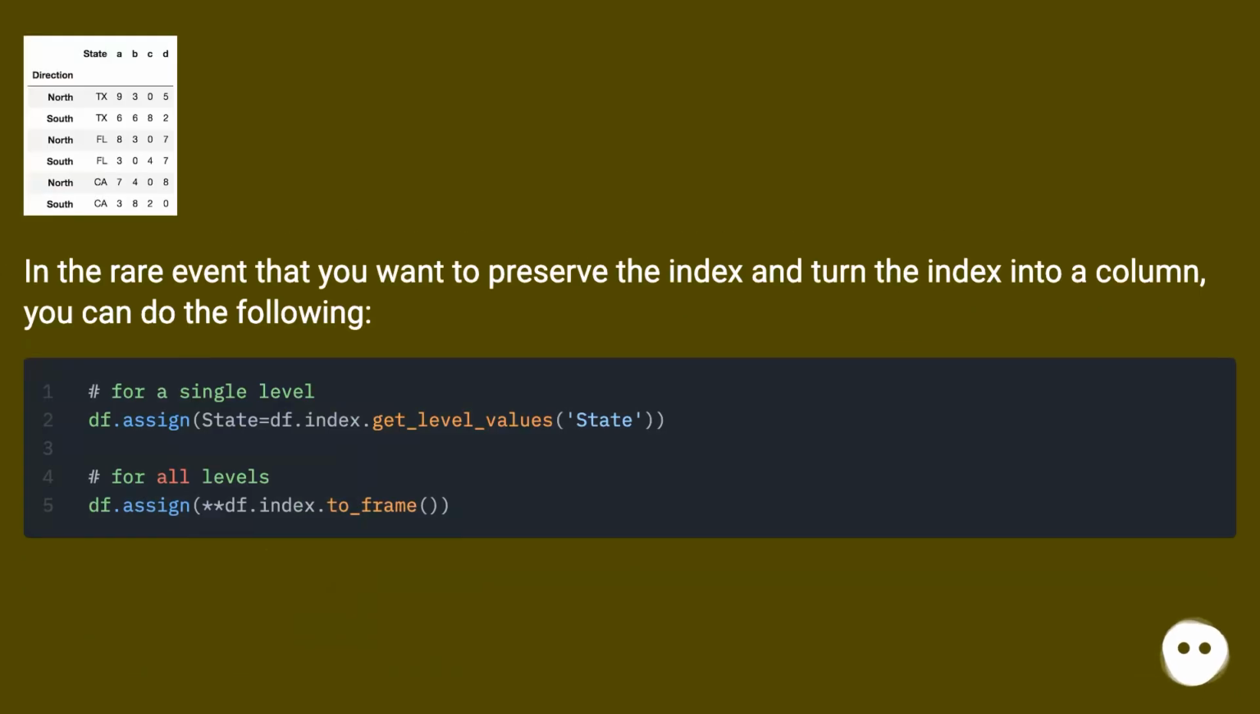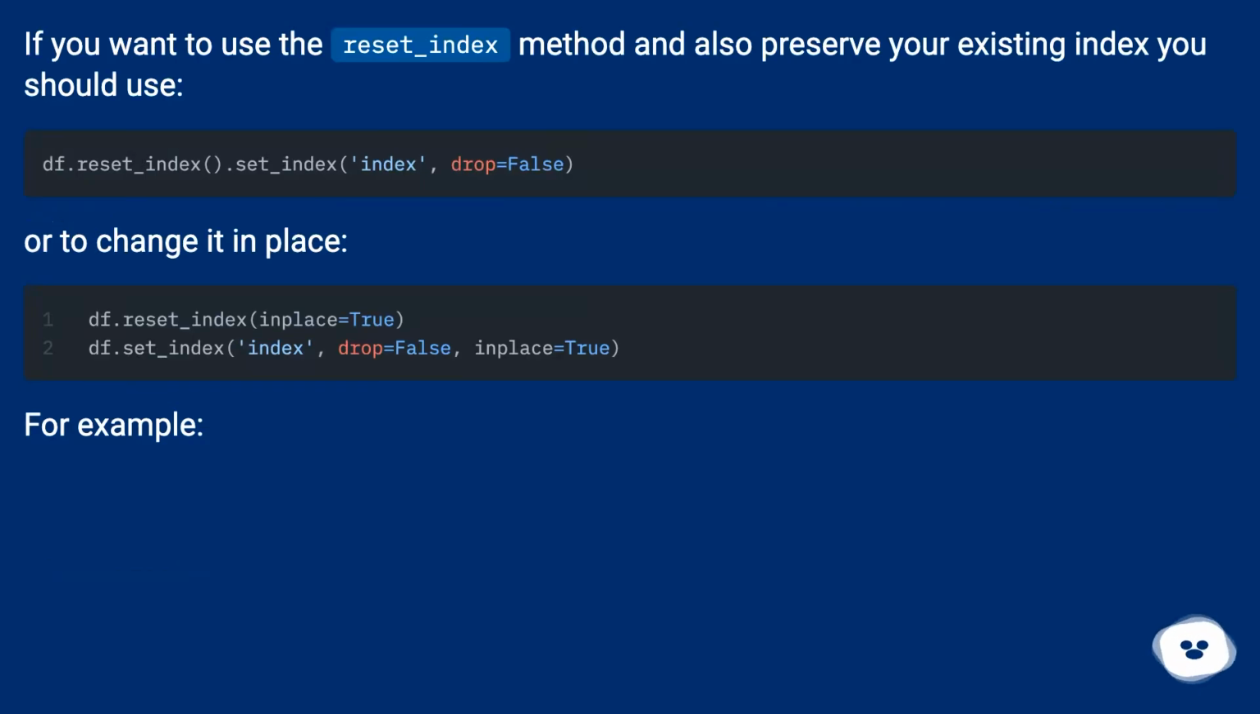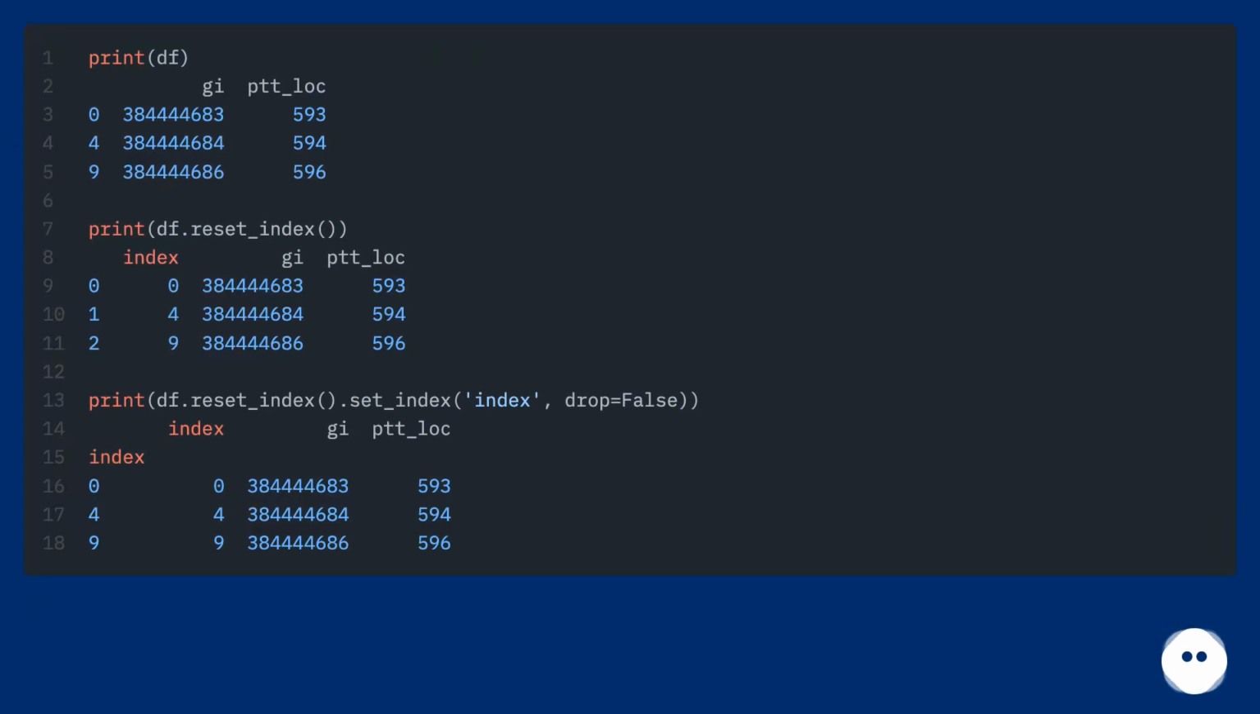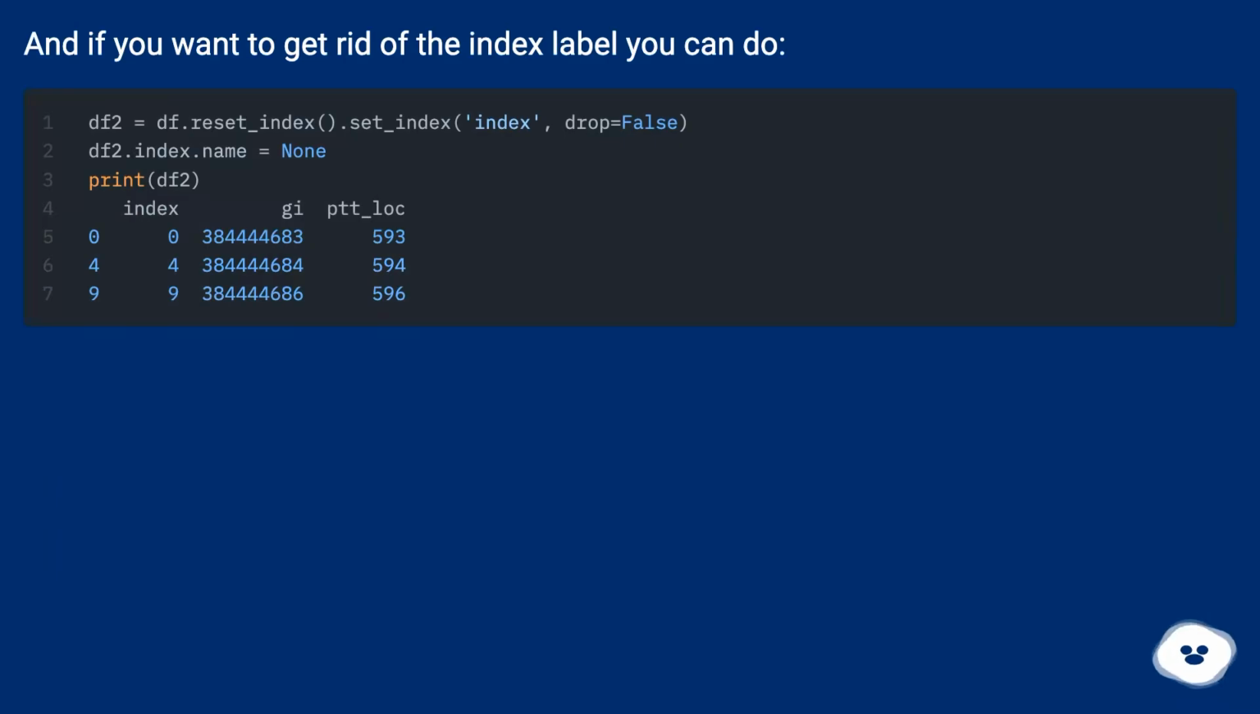In the rare event that you want to preserve the index and turn the index into a column, you can do the following. If you want to use the reset_index method and also preserve your existing index, you should use or to change it in place. For example, and if you want to get rid of the index label, you can do